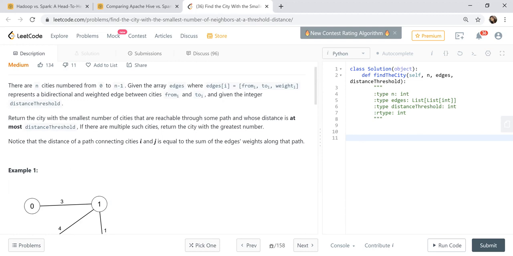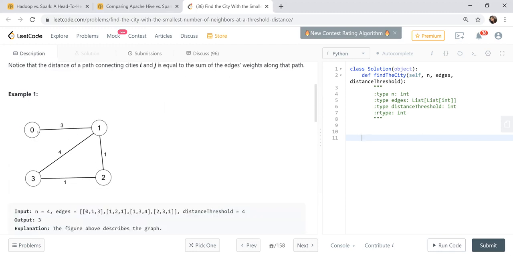Yeah, within that threshold, so as a first step, the minimum path from one city to other cities, for example, from here, where you can go at that threshold. So from 0 you can go using two paths, 0, 1, 2 and 0, 1, 3, 2, but the minimum is 0, 1, 2.